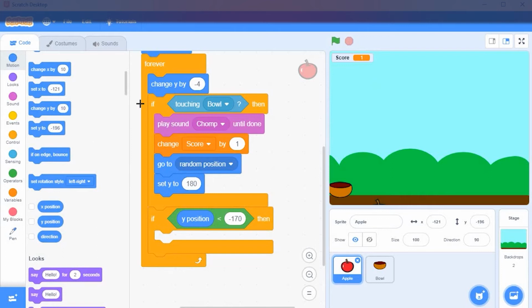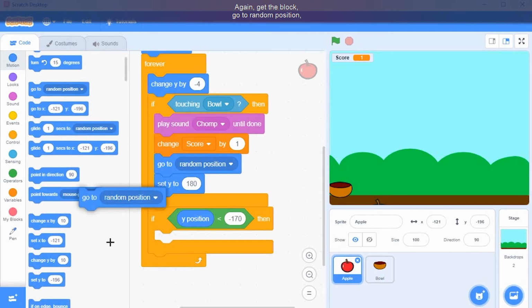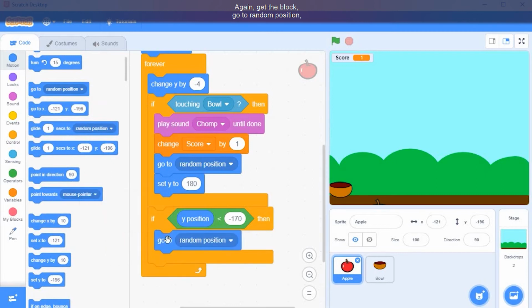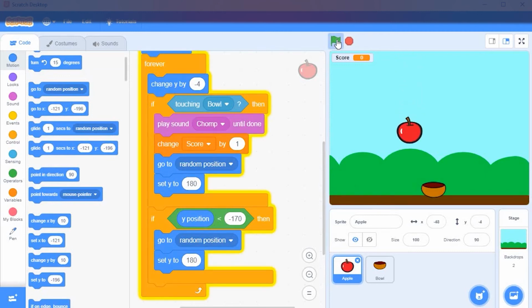We know how to make it go to the top. Again get the block, go to random position and set y to 180. These two blocks will make sure that it starts from the top, but the horizontal position can be anything. Now click on the green flag and check.